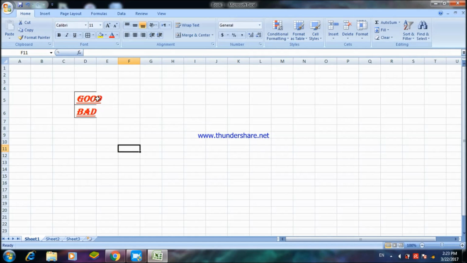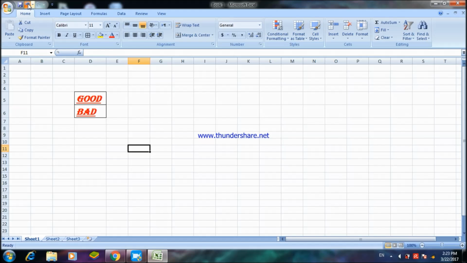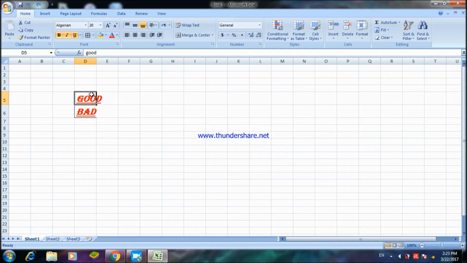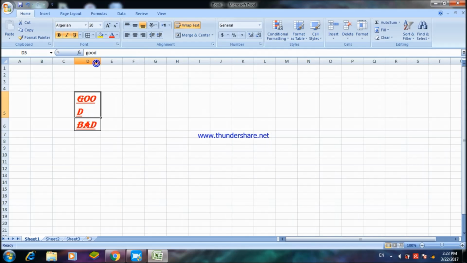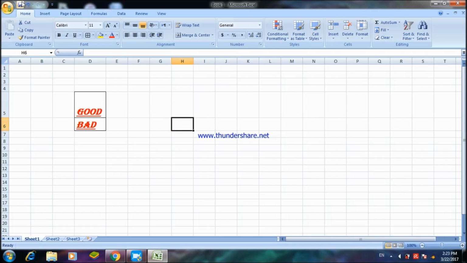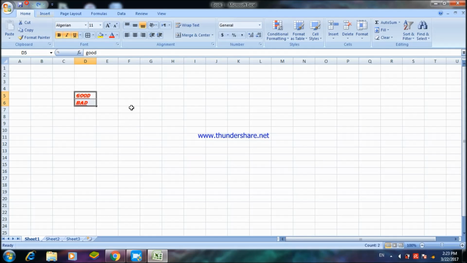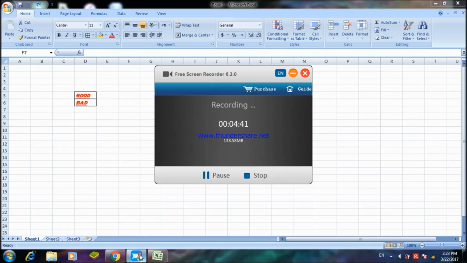As you can see here, half of it has gone out. To make it perfect, you either can click on this arrow here and double click it. See, it became normal. Or you can simply click on that same box and then choose wrap text. The wrap text will help it to come in the same box and automatically you can see the size increases. But since it is one word, it is better to click over here also at the same time. Fine. After you have done with this, the next thing is,